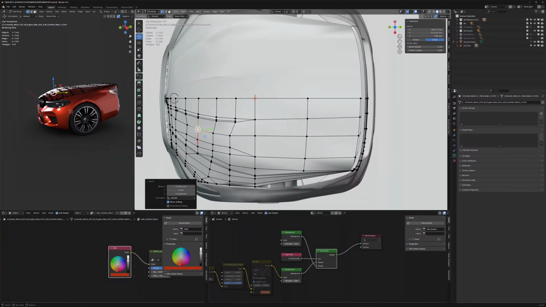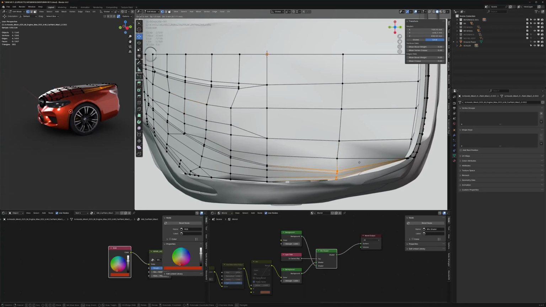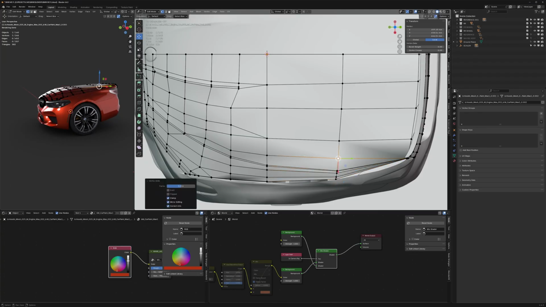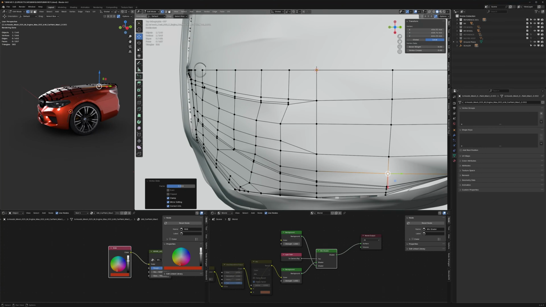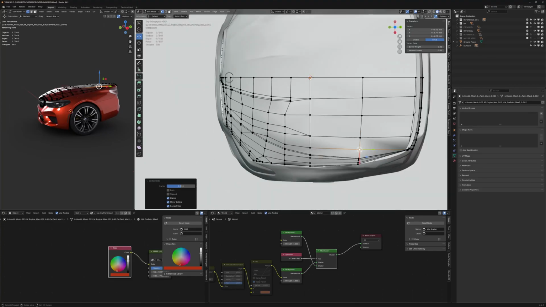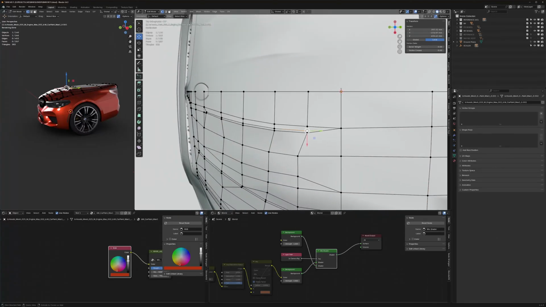Okay. Right, so let's just add a loop cut here. Press C to make sure it goes through everything. And we can just grab these, get them closer, nudge that along. Probably need an edge loop there somewhere, but for now, we're going to make bigger changes while we've still got a little bit less geometry. What we could do just temporarily is we could just merge